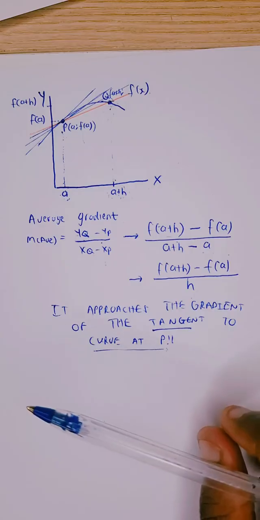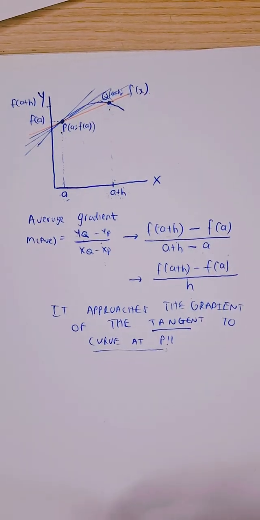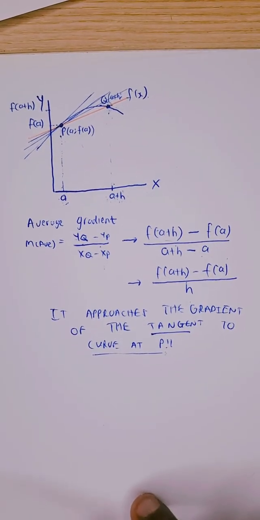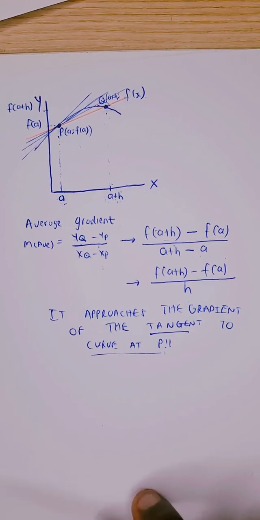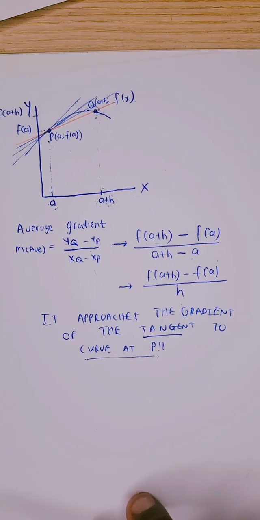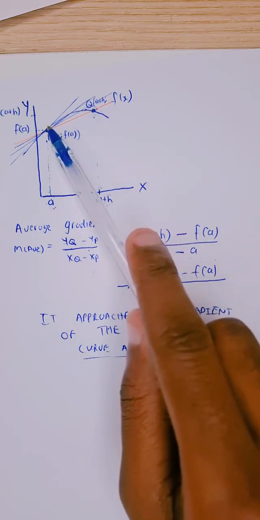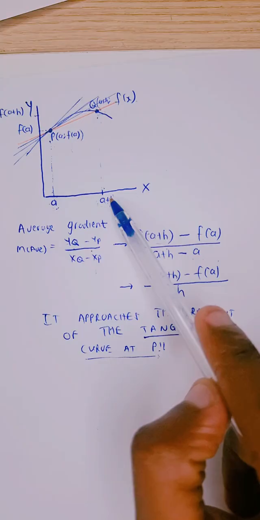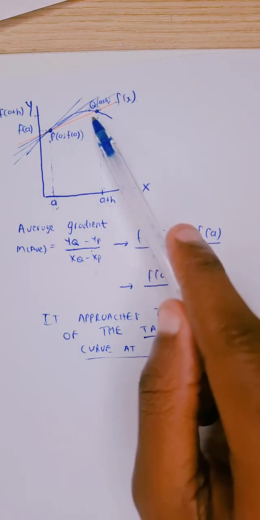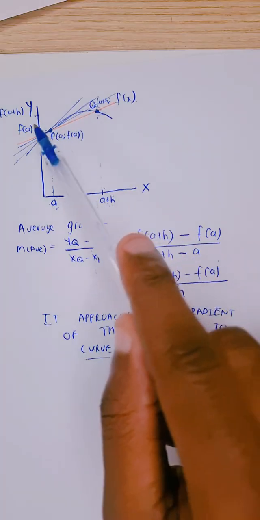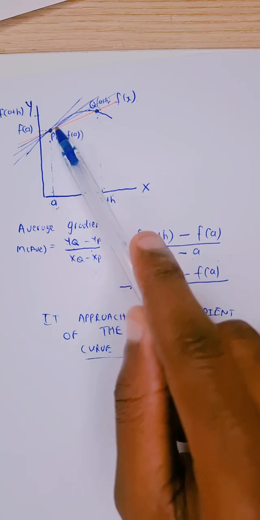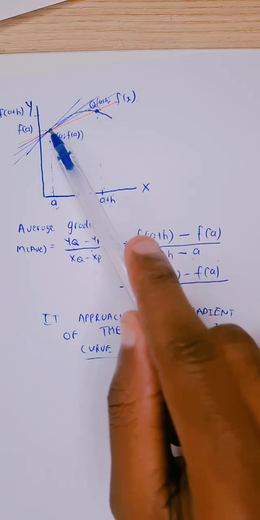All right? This is an important thing to note. If point Q lies exactly on point P, then we would say H is equal to 0